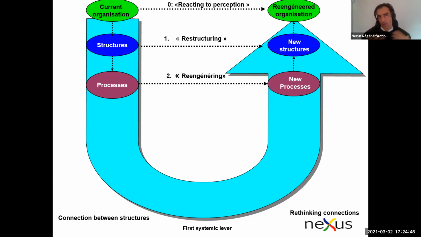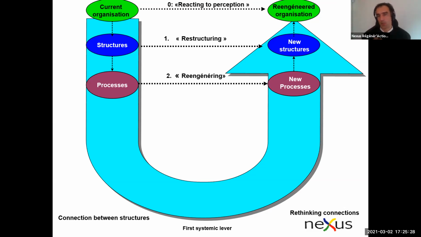Now, these are three different levels: just reacting, or restructuring, or working at the level of the processes. But each of these levels assumes that there's a problem with the system that we've built, that the system is no longer adapted, it's too cumbersome, or whatever. Now, I've been working with congregations, similar to yours, for the last 12 years, and with other organizations as well, which are not necessarily religious. Some are businesses or NGOs.